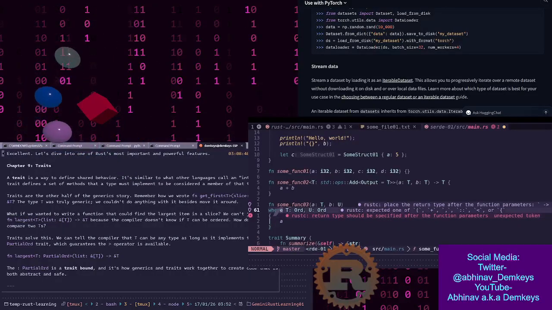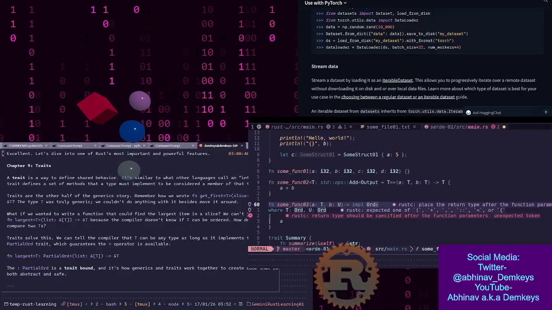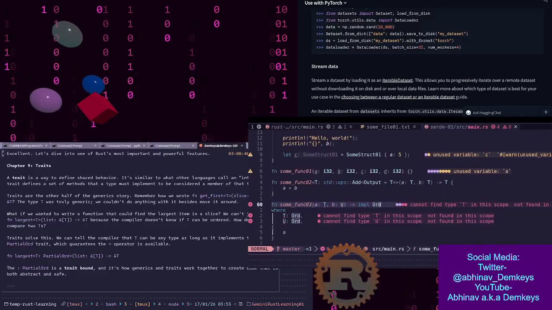Okay, there we go. And paste it. Okay, input ord, can't find type T. Right. Hey, so